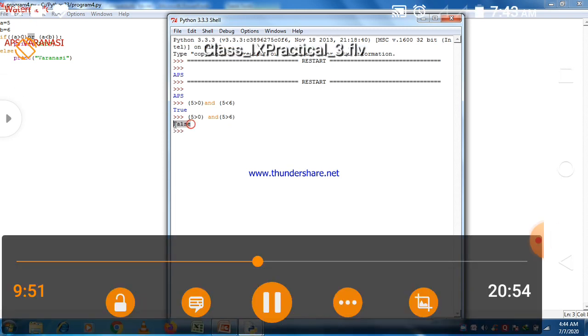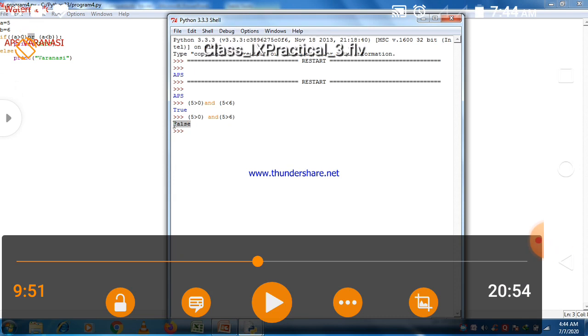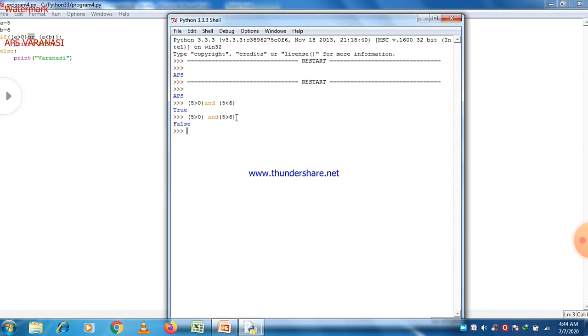After pressing enter in interactive mode, you get the desired result. Since 5 is greater than 0 is true and 5 is greater than 6 is false, the result will be false here, because until and unless both conditions are true, the result is not true.